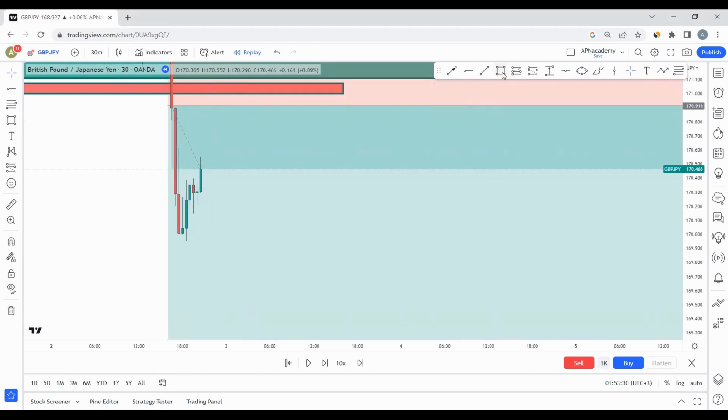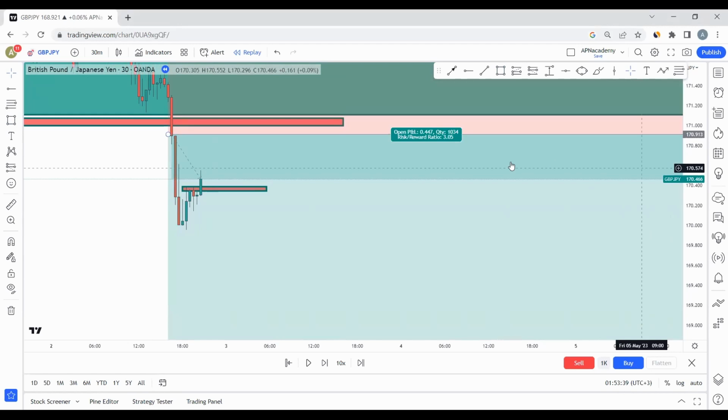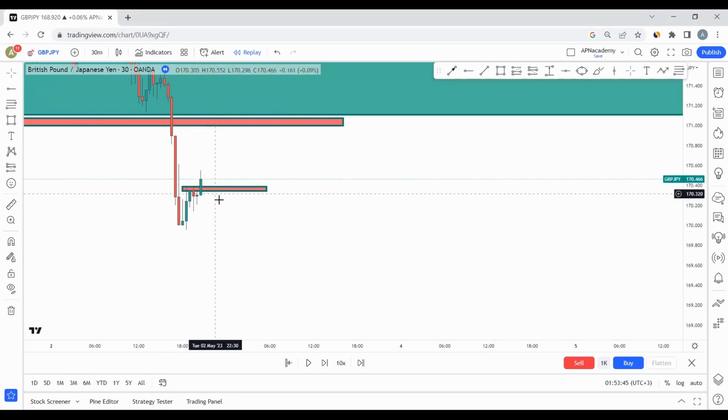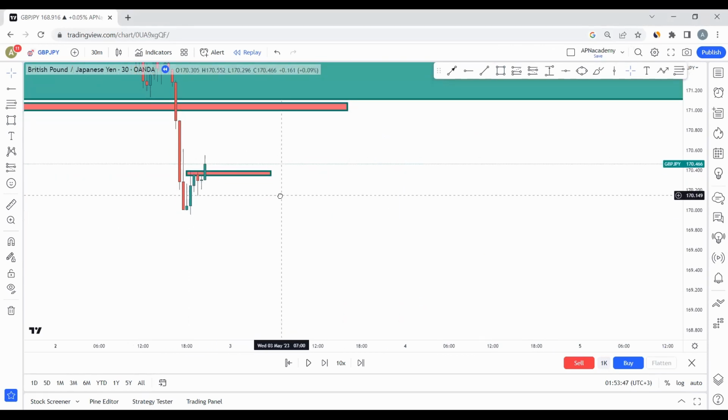So now what do we want to see? We want to see the market at least creating more structures, but this time in minute 30, right? So I'm assuming that you did not take this trade from here, right? I'm just going to delete this, but you want to take this trade from here, right? So